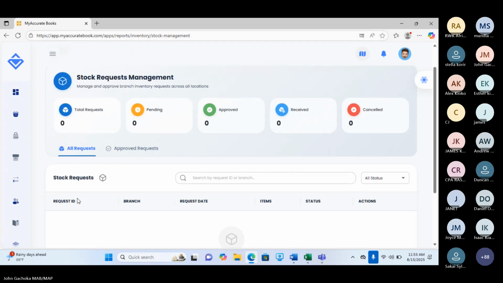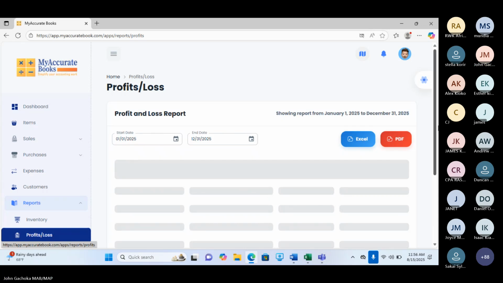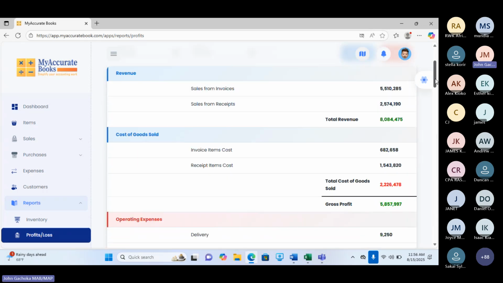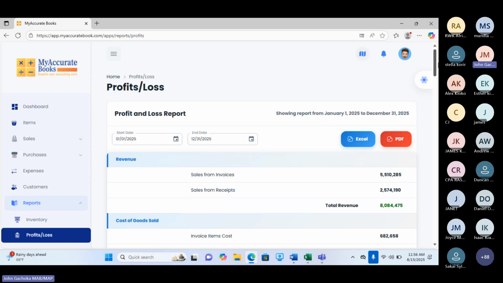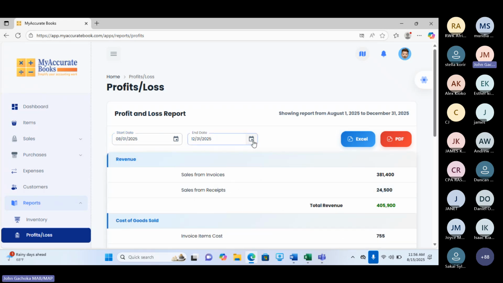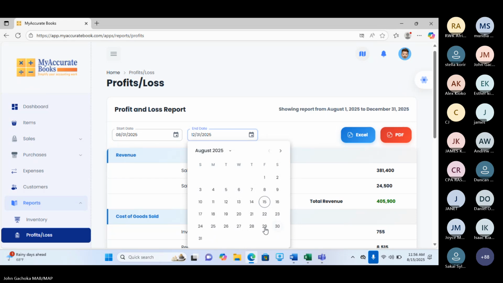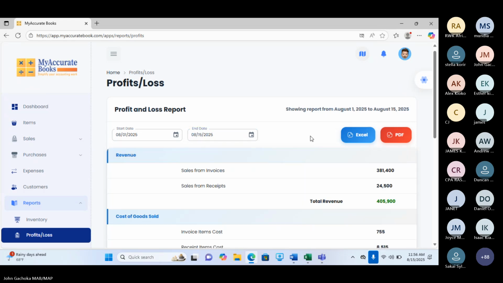Now, we'll still go down to, let's see, other for profit and loss. You can download it in PDF or Excel. And these are reports that you can download on a daily basis. For example, we say we want one from August 1st until today. So it shows